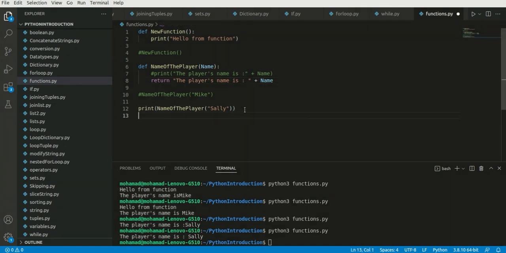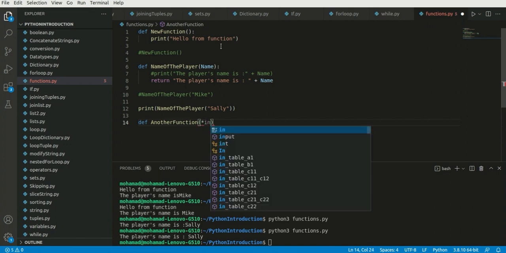Also, suppose that we want to have a kind of function that we don't know how many input variables it's going to have, but we're going to use all of those variables and do something with them, but we're not sure exactly how many inputs there are inside the new function. So here I'm going to define another function and call it another function, and for circumstances where we don't know how many inputs are going to be placed inside of the parentheses, we use asterisks, and then we can write input,